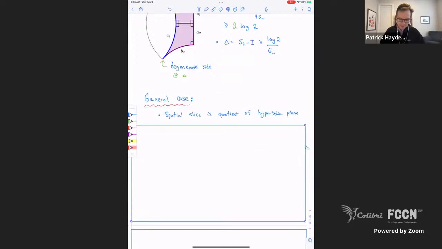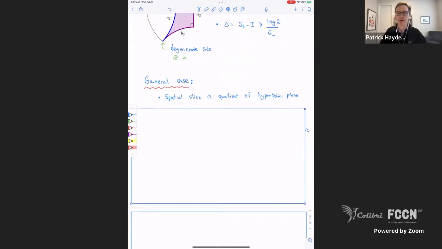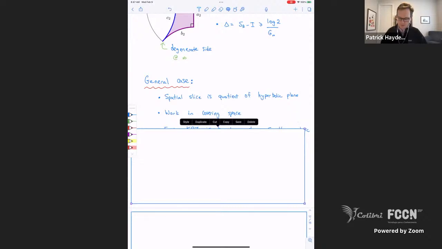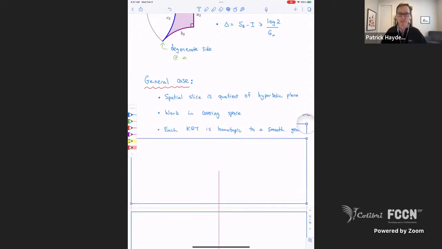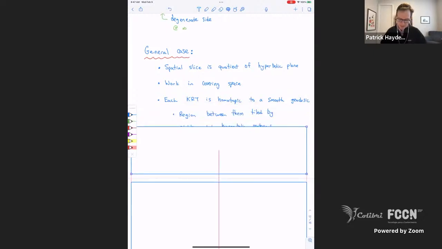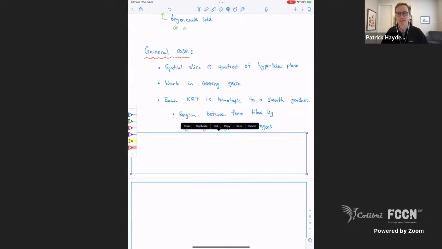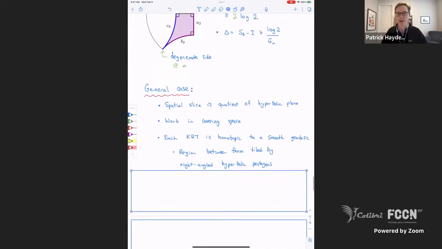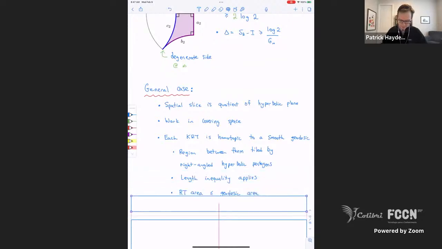To handle the general case of pure gravity, AdS3/CFT2, a spatial slice is no longer part of the hyperbolic plane, but it's a discrete quotient of the hyperbolic plane. And so we can work in the covering space of that space, which is then a hyperbolic plane. And we can prove that each of these RT surfaces is homotopic to a smooth geodesic. So homotopic means can be smoothly deformed into a smooth geodesic. And the region between the original RT surface and the smooth geodesic, just like in this picture, can be tiled by right-angled pentagons. So the inequality applies, and